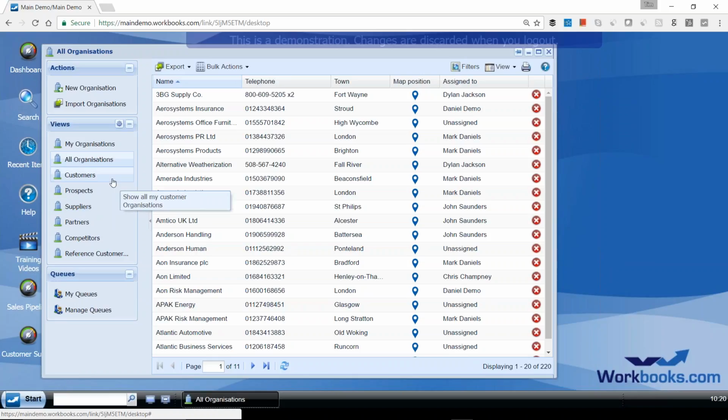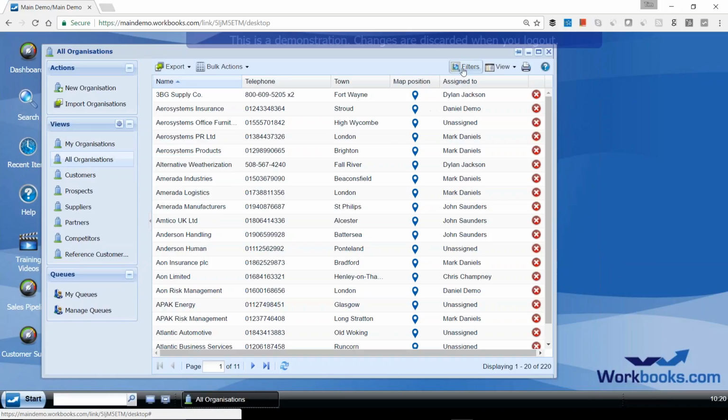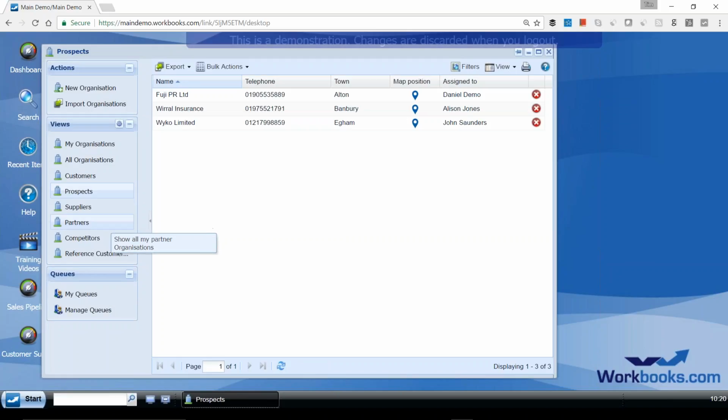You can also put these companies, organizations into different groups. So over on the left-hand side here of this landing page, I've got this view section where you can easily, via this filtering button there, put people into groups or different views. So I could easily now see, show me all of my prospects. I click on the prospects view. Well, I've only got 3.